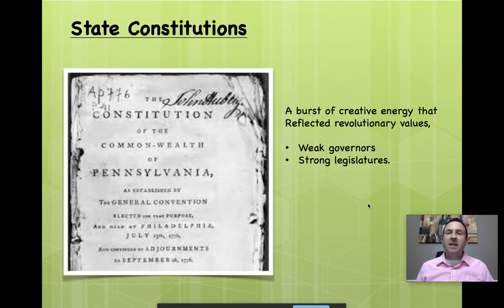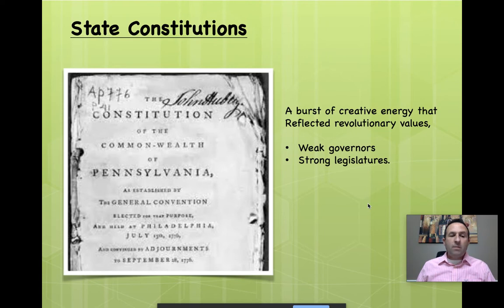That's great, that's the state level, but what do we want for our nation's government? What kind of government do we want to run the entire country? Now, we just came out of a war against a large bureaucratic government who was imposing laws and taxes. And so once the Americans declared their independence in 1776, they needed a new government to run the country. So the first government designed to operate in the United States was the Articles of Confederation.